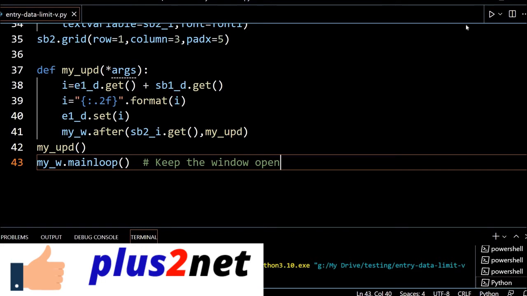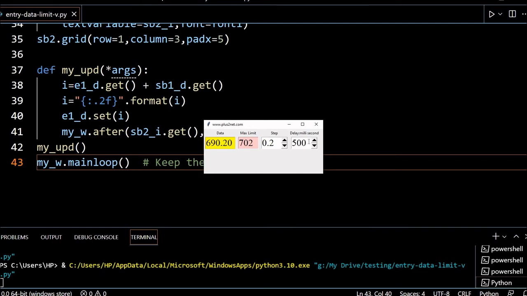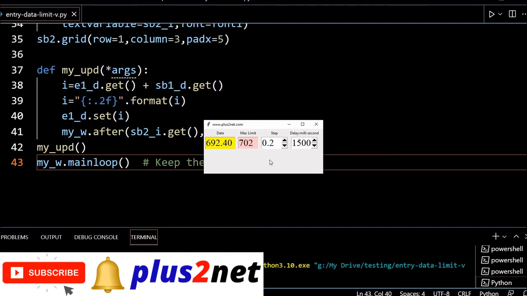Now we will also check once. But we have missed one thing. You can see it is increasing, everything is fine. I can change this delay also. You can see now the delay is 1 second. I can further increase it. This is 1.5 second delay. Now it is getting updated. And this value also I can increase. So now it is 0.4.